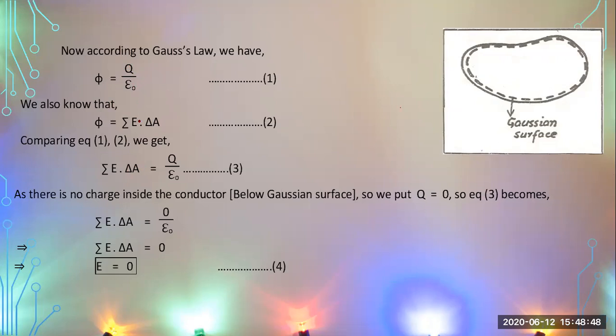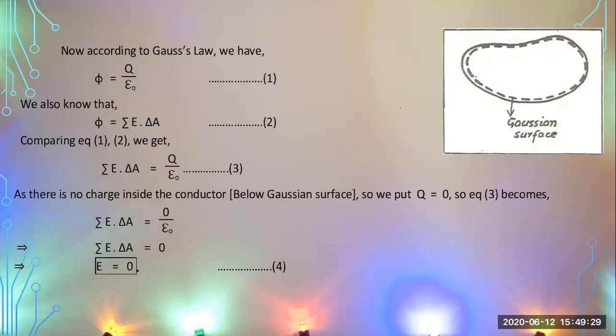Charges are basically responsible for producing some electric field, and this electric field must be passing through the area delta A. So when you compare these two, you get E dot delta A, and this E dot delta A is equal to Q divided by epsilon naught. Now inside the surface, you apply the condition: is there any amount of charge or not? Yes, there is no charge inside the surface, as we discussed in the previous slide. So put Q equal to 0. If you put the value of Q as 0, you get E dot delta A equal to 0, or E is equal to 0.